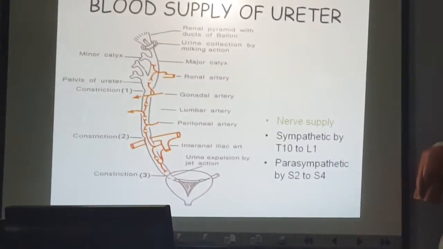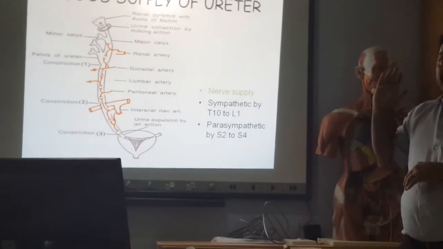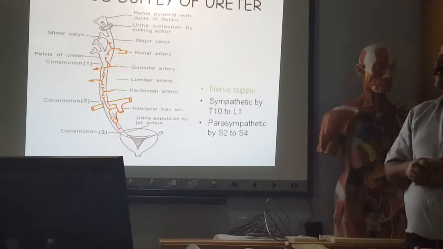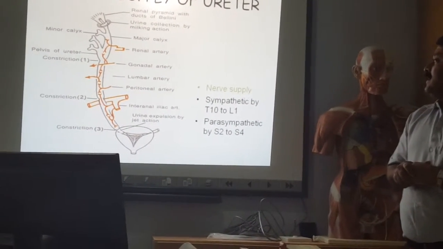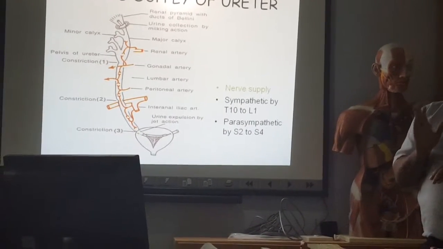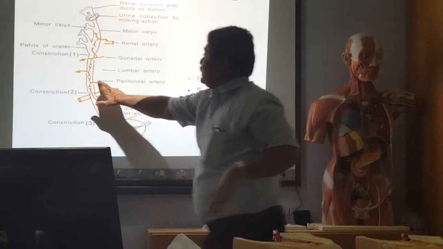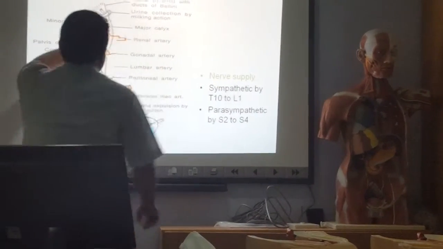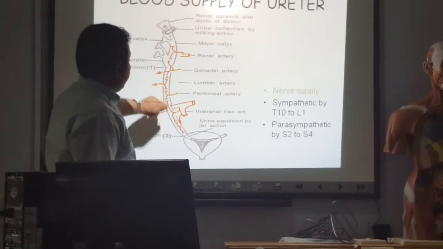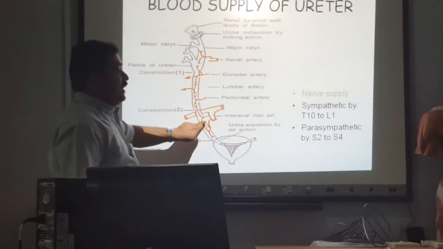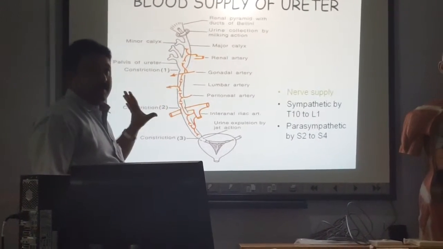Next is about the blood supply. It is by the branches from the renal artery, gonadal artery, lumbar artery, okay, and peritoneal artery and the internal iliac artery. Branches from the internal iliac artery. Okay, these are the branches from renal artery, gonadal artery, lumbar, peritoneal and the internal iliac artery. Okay, this is about the blood supply of the ureter. Okay,